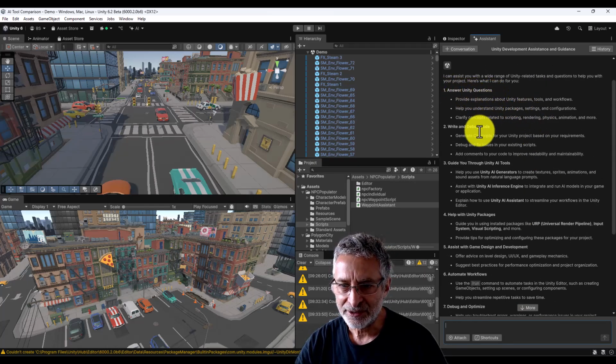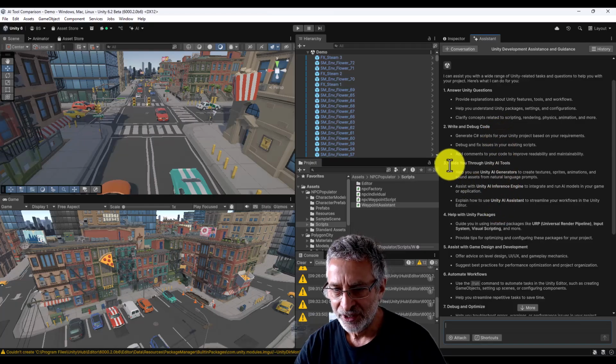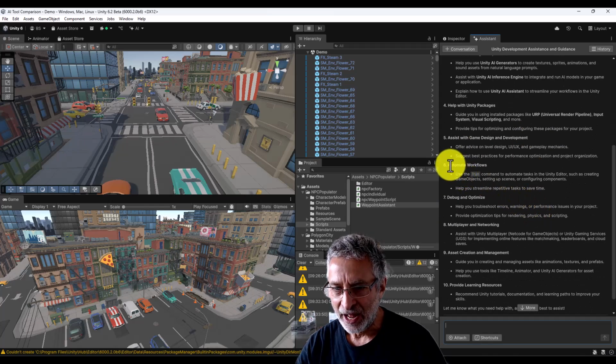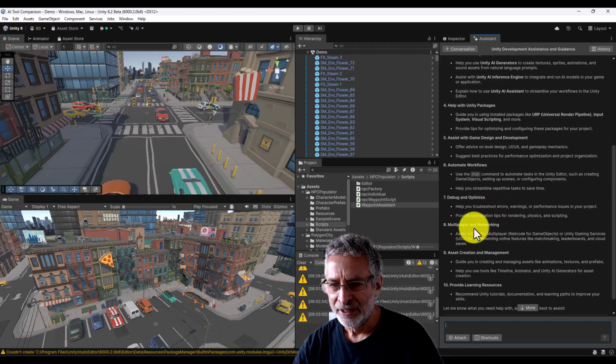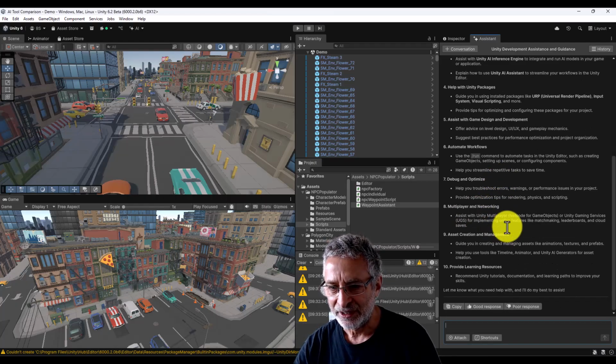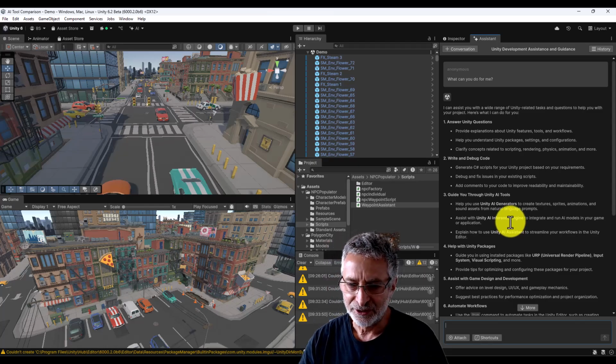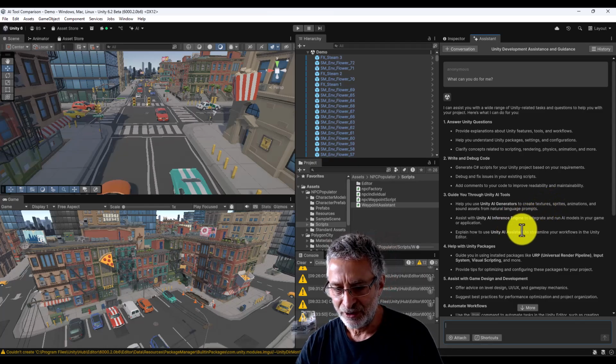So here's what Unity AI says it can do for us. Answer Unity questions, write and debug code, guide you through Unity AI tools, help with Unity packages, assist with game design and development, automate workflows, debug and optimize. There's a lot here. Multiplayer and networking, and so forth. Okay, well, we asked a question, we got an answer. Let's try